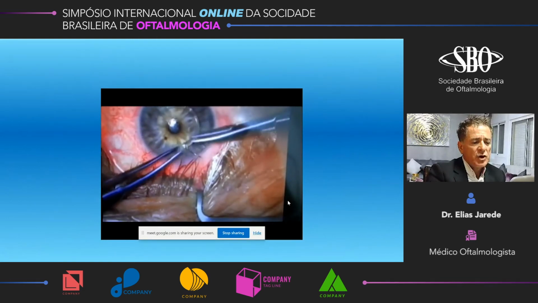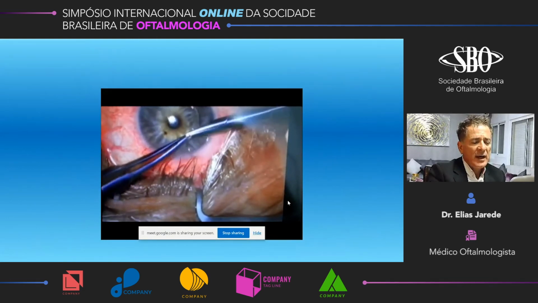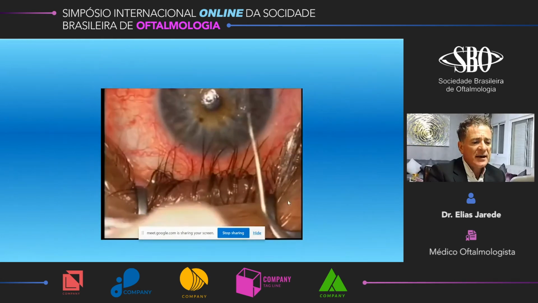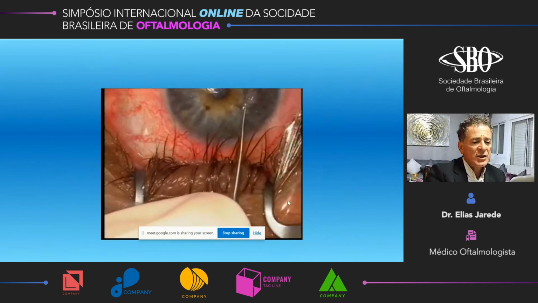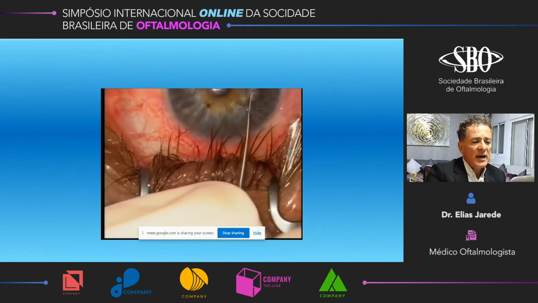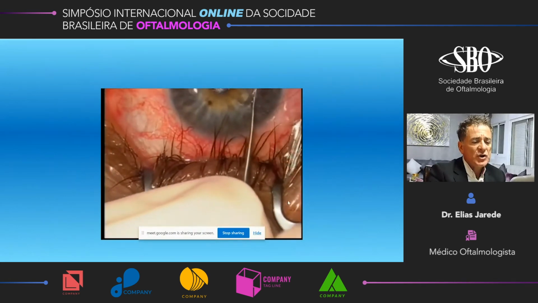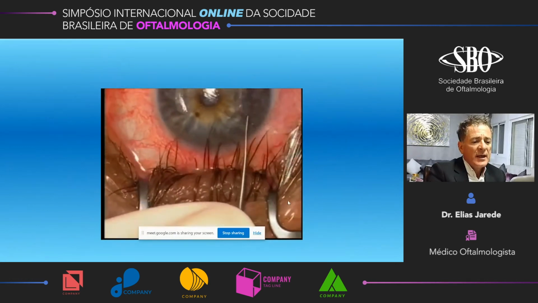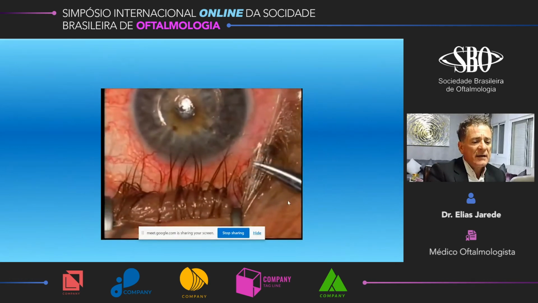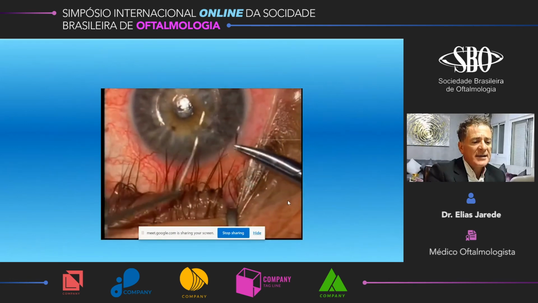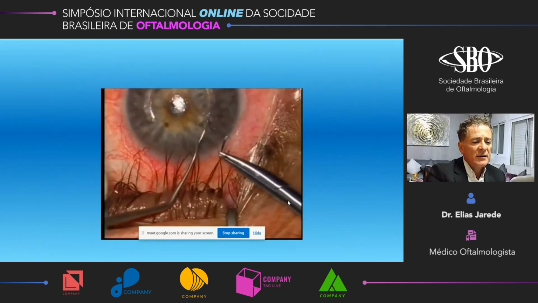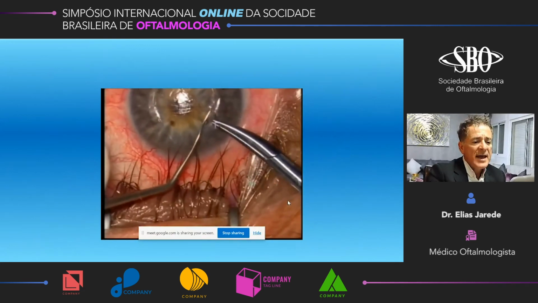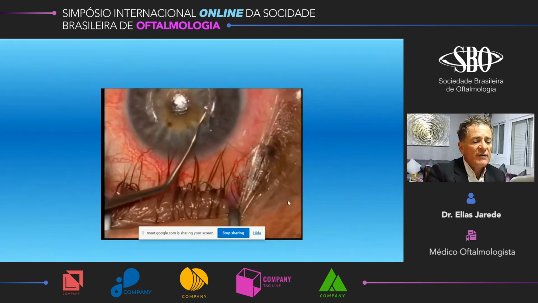we push back the ring into the tunnel, but we push further than the desired position, because I have to enter my two needles. So after pushing further the ring, we pass the first needle into the tunnel, to exit outside to the stroma, to the surface of the eye, at the desired position of the hole of the ring